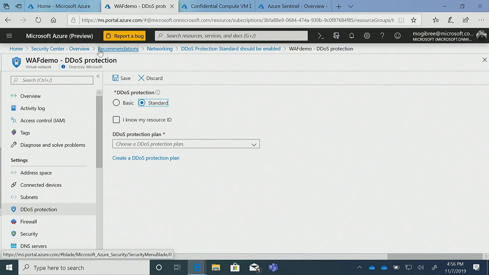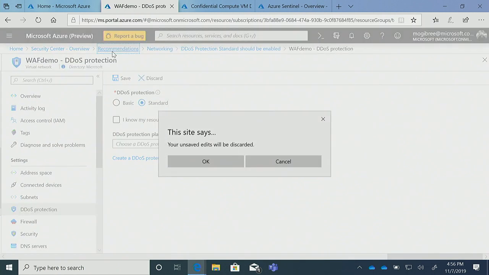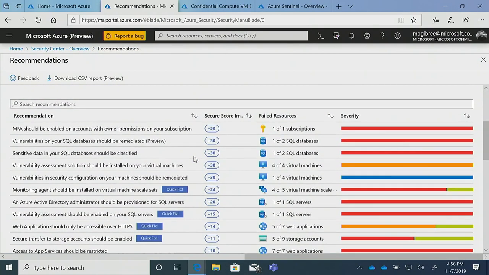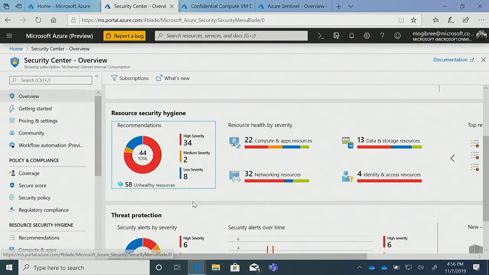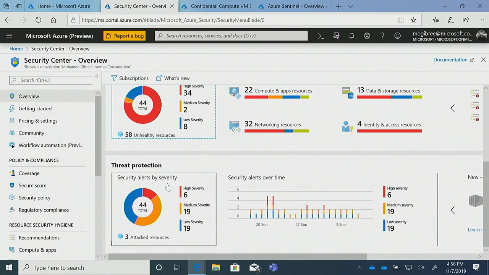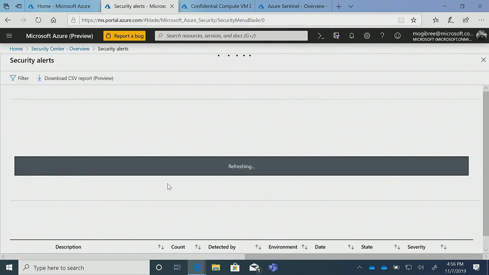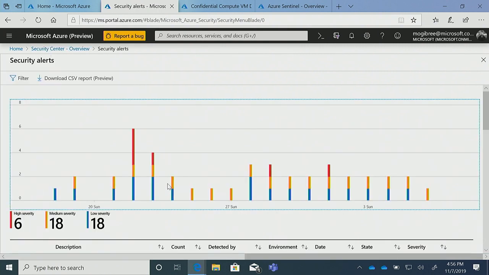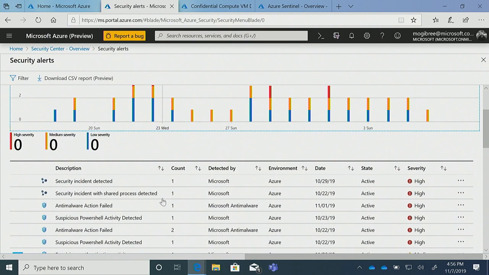The last thing that I will talk about here when it comes to Azure Security Center, and then we will jump into the next dashboard, is the threat protection. From the threat protection, it will show you the security alerts that you have, by severity. If I click on it and go further for more in-depth insights, you can see it shows the high severity attacks, the medium, and the low, and it lists all of this for you. If I click on one of them,